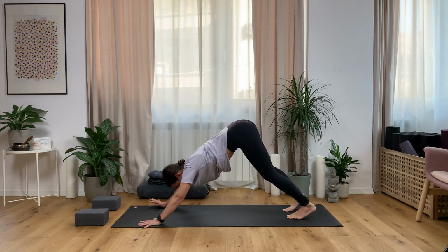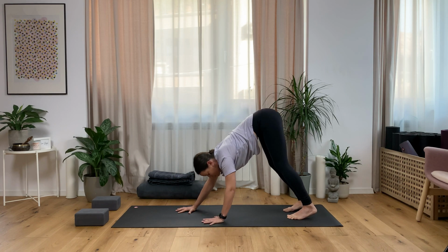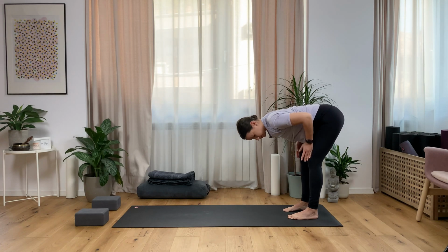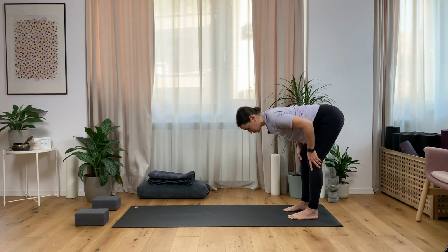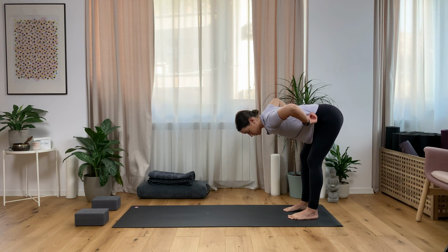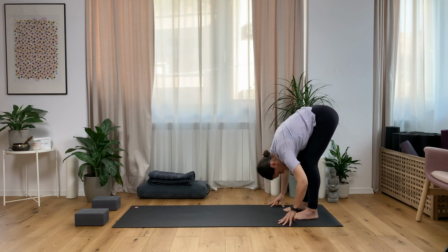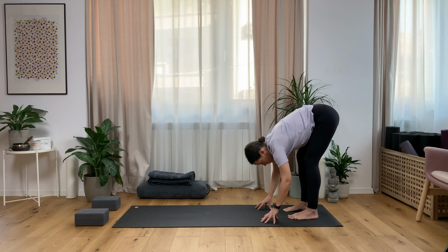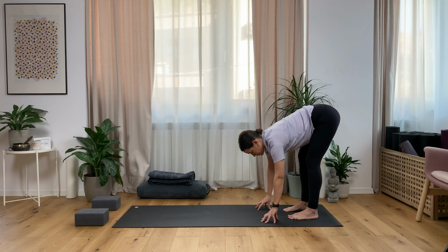From here, you're going to work your palms towards the back of the mat. You're going to keep your feet hip distance apart. Your toes are facing 12 o'clock. And you're going to fold into a ragdoll in here. So catch the opposite elbow, and if you still feel tension in your back here, you can just bring your palms on the mat and maybe get long through the spine,